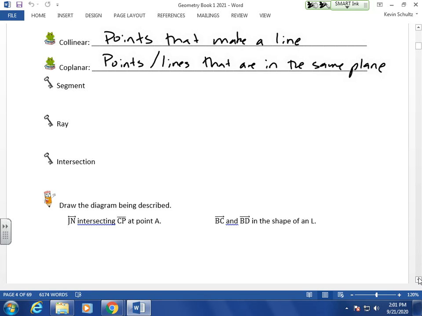Someone earlier brought up lines that end, and I said lines don't end. So the closest thing we have to a line that ends is called a segment. And a segment will have endpoint A and endpoint B or C or something, but it's got 2 endpoints. I want to draw that again. So it is possible to measure a segment,